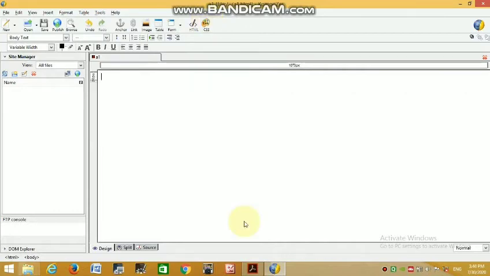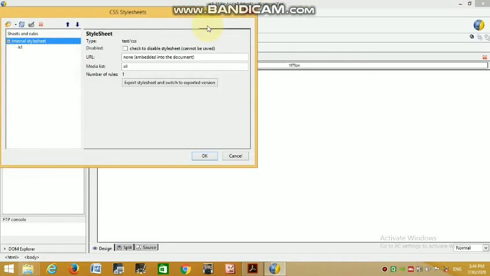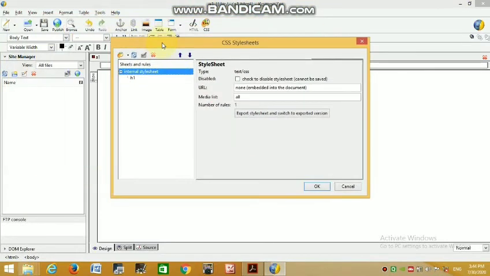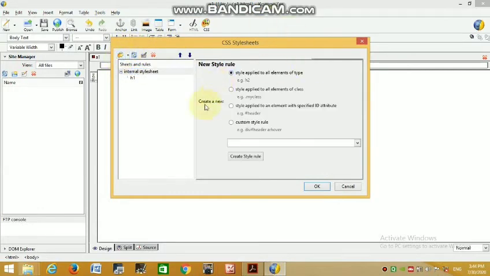Now the same thing, CSS for the H2 tag. First click on CSS, then click on this CSS again. You can now see this CSS style sheet dialog box. Here is a cursor.